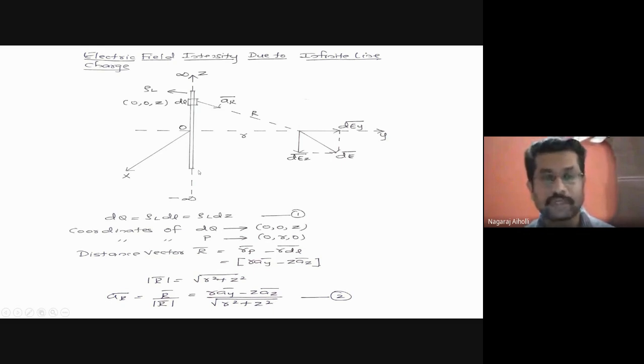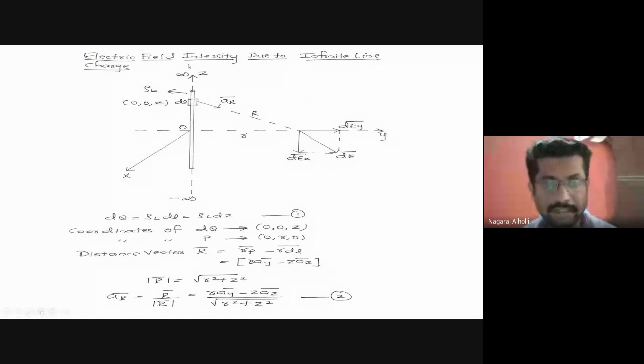This is one of the important topics. Many times it has been asked in the examination. Even the examples that we solved in the previous class are from examination question papers. So this is also one of the important topics, and many times it has been repeated in the examination. That is, find the electric field intensity due to infinite line charge, or derive the formula for electric field intensity due to infinite line charge. These may be the possible questions that may be asked in the examination.